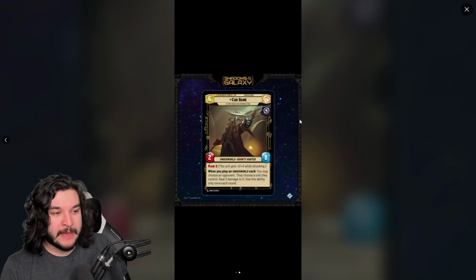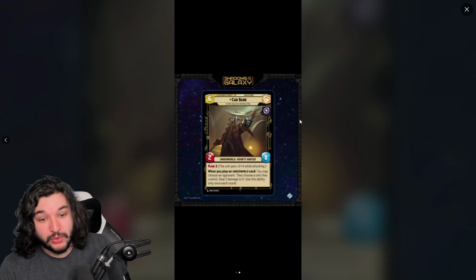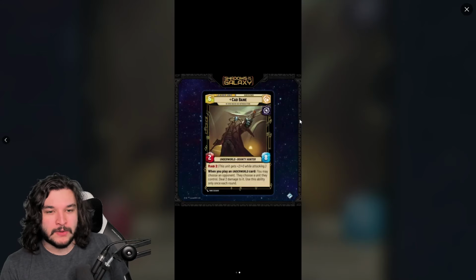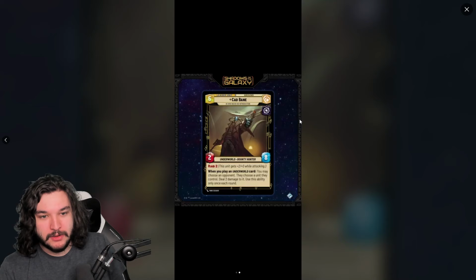2 power looks pretty bad, and it is. However, the ability and the raid 2 really bring this card up, and I actually do think Cad Bane can have some really nice potential with an underworld style deck. I don't know if we're going to prefer Cad Bane over something like Boba Fett leader, right? There's the same aspects of